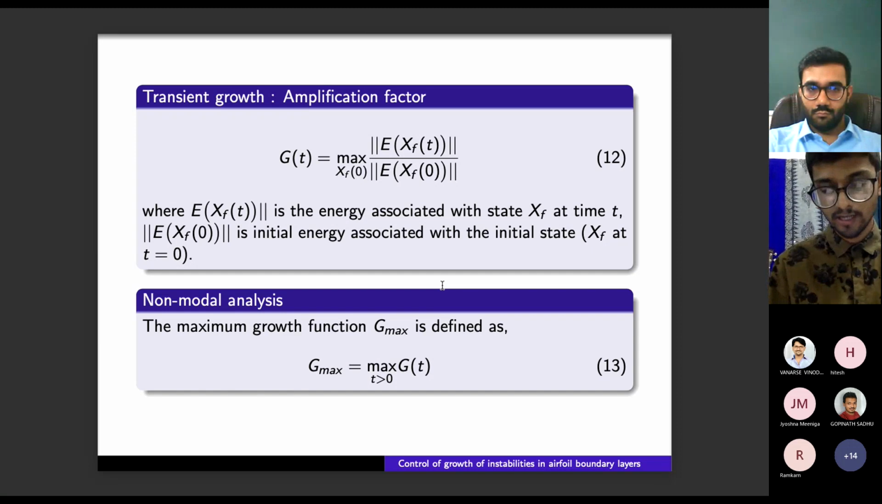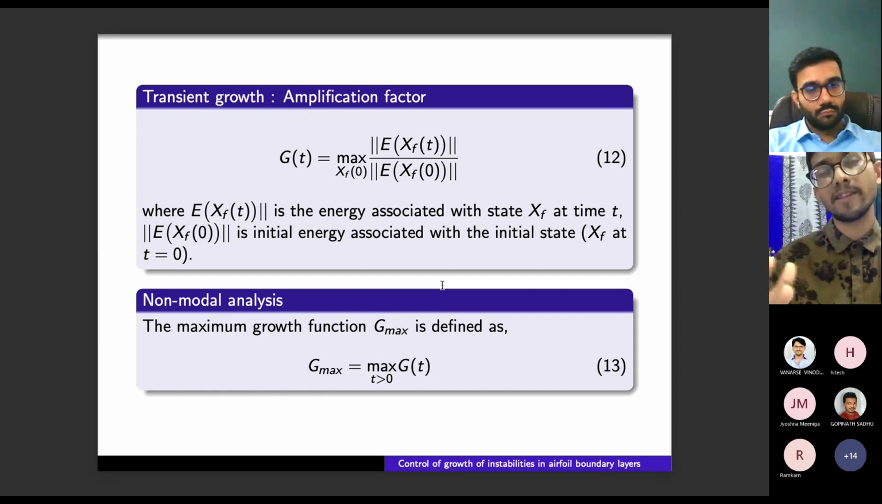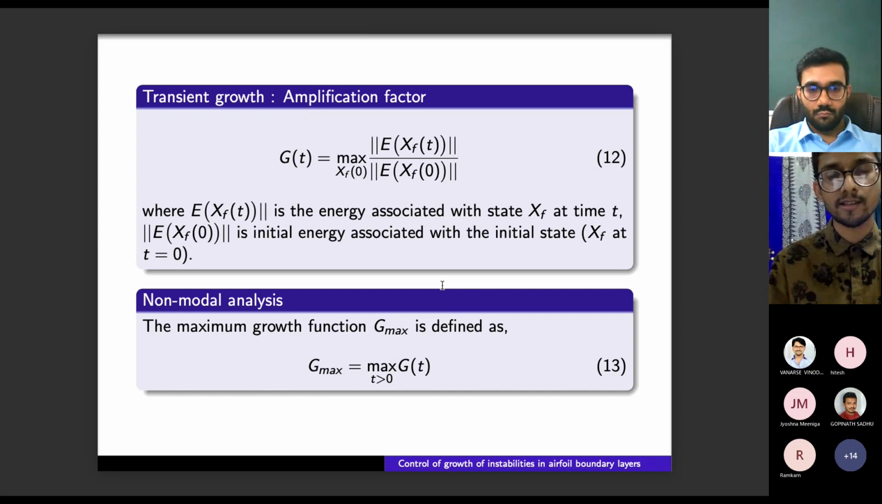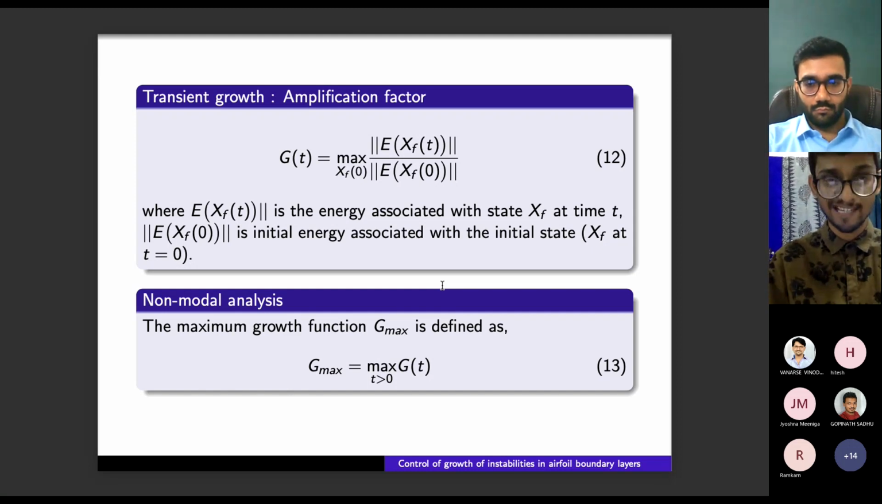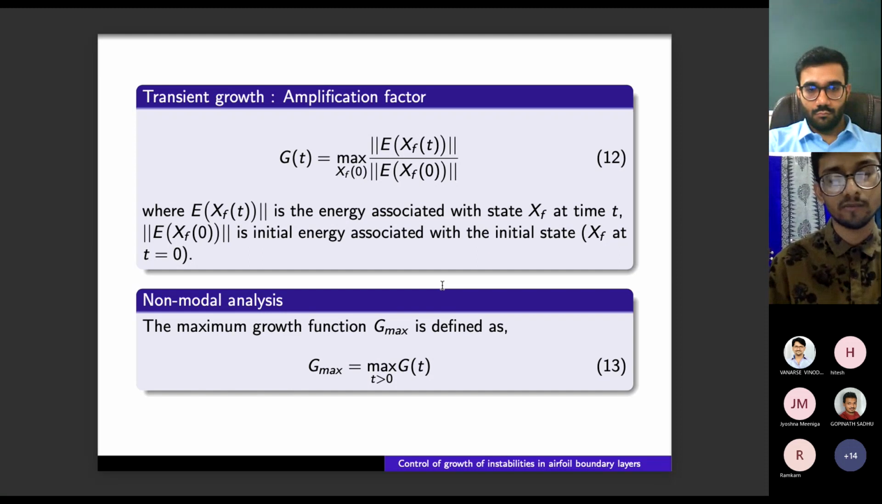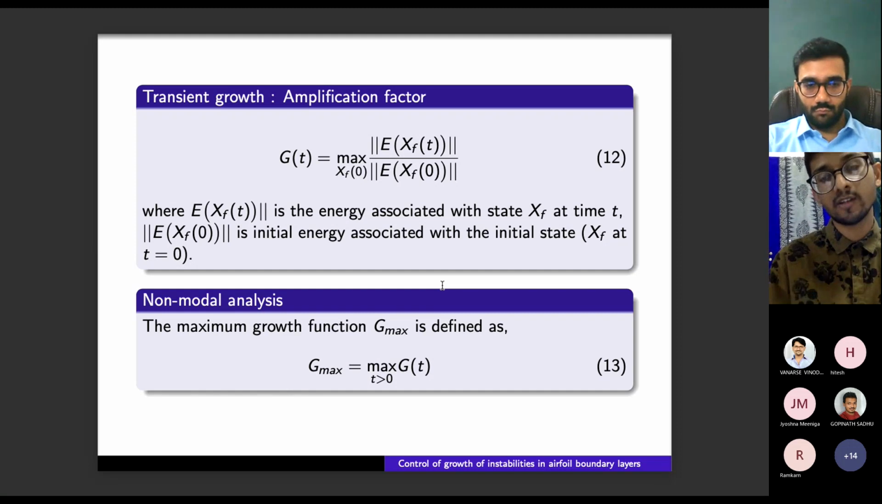Non-modal growth is based on the mathematics that the operators that govern the perturbation behavior are non-normal in nature. But how do we capture the extent of this non-normality of the operators? There can be different measures depending on what you want to look at. Some of the work that I have read has taken shear stress or skin friction